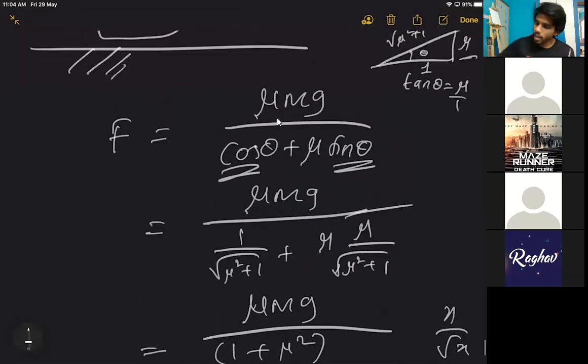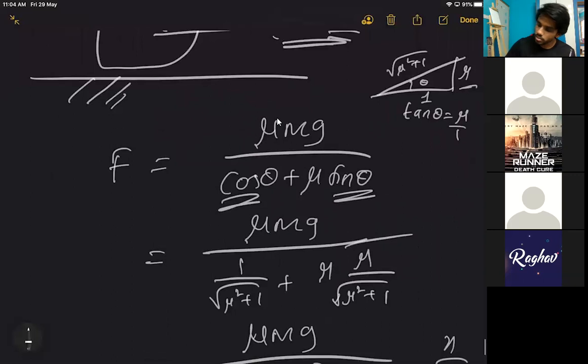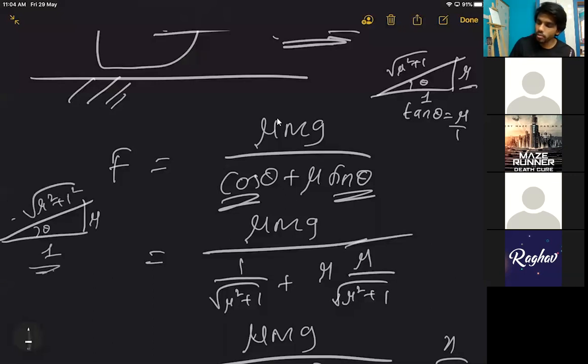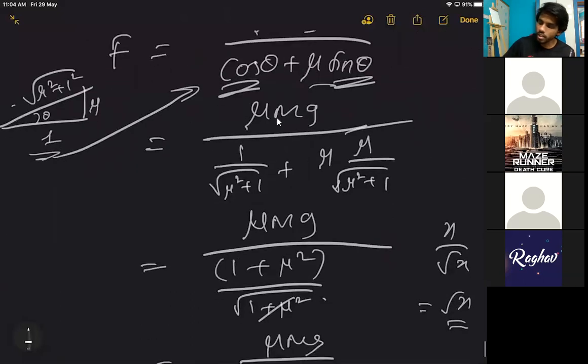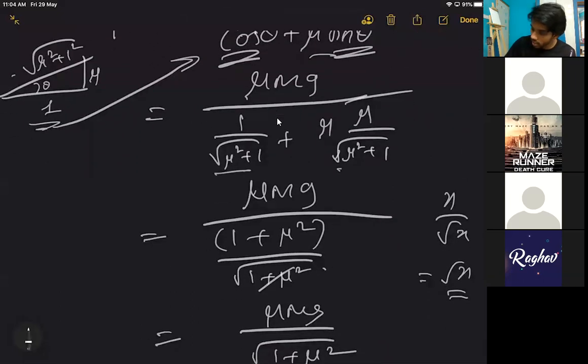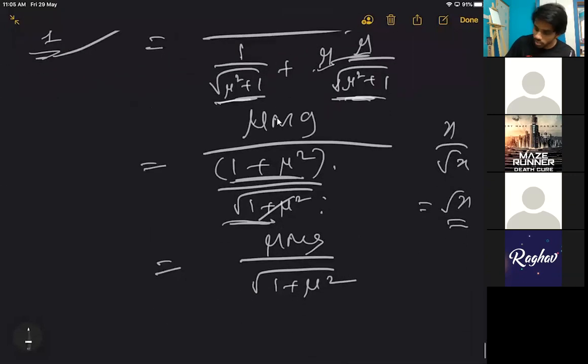I simply found the value of theta. I put it in terms of this. Like I use this idea of tan theta equals to mu by 1. So this is root over mu square plus 1 square, right? Like Pythagoras theorem. So from this, I found the value of cos theta and sin theta. I put it in. I did some calculation. Look at it. I took the LCM of these two things. It's the same value, root over 1 plus mu square only. So this is 1 plus mu square on the upside. So 1 plus mu square. I have x by root x kind of a thing. So x by root x is nothing but root x, right? So I left the upper part just like that. And I solved the lower bit.